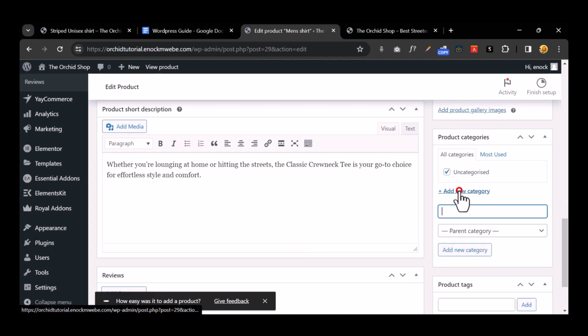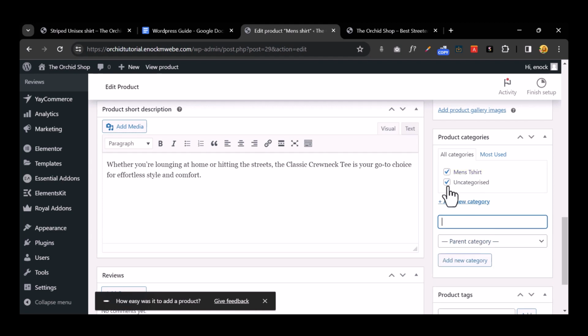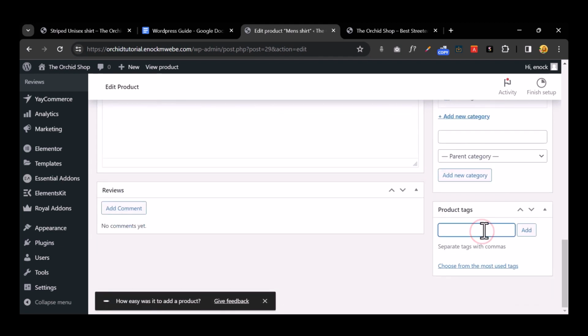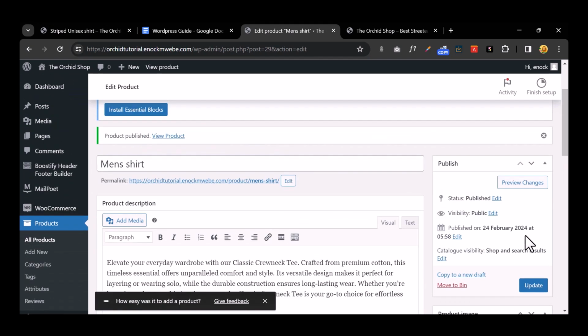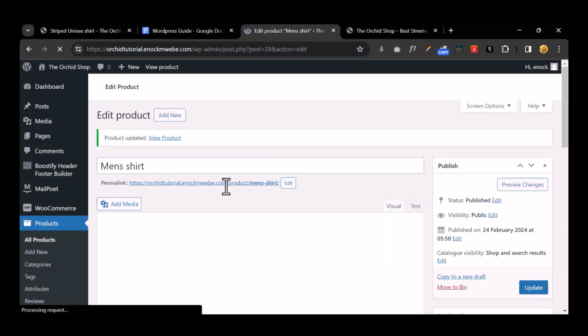And probably I can add a category. Maybe this is a men's t-shirt. I want to add it to that category, so I'm going to click add to category, and I'll uncheck uncategorized. Then under product tags, maybe you can say shirt. Then I'll click add. You can add multiple tags as well as multiple categories. Okay, something like that. Once I'm done, I can click update, or you might have something like publish,